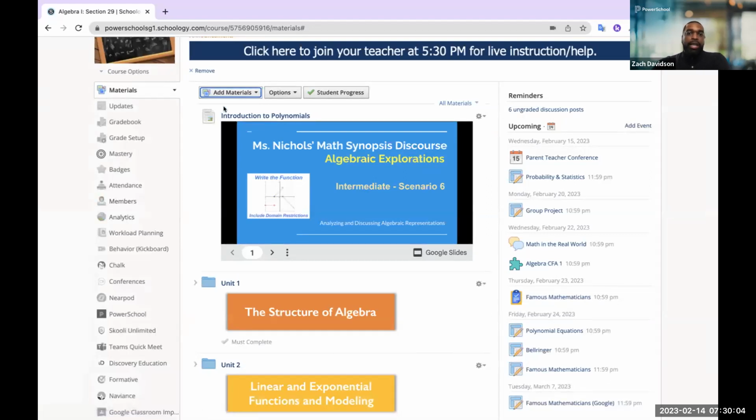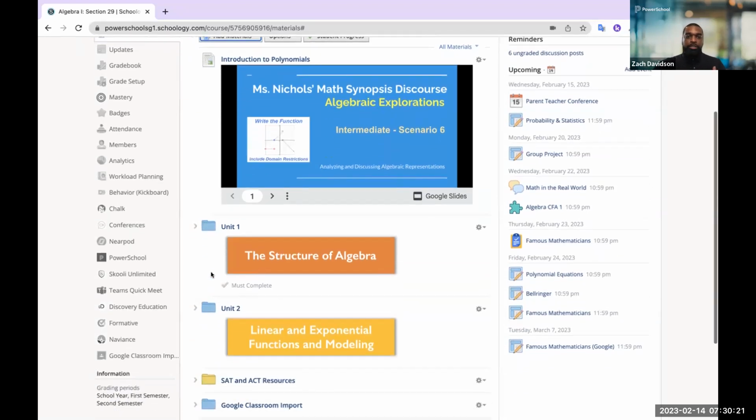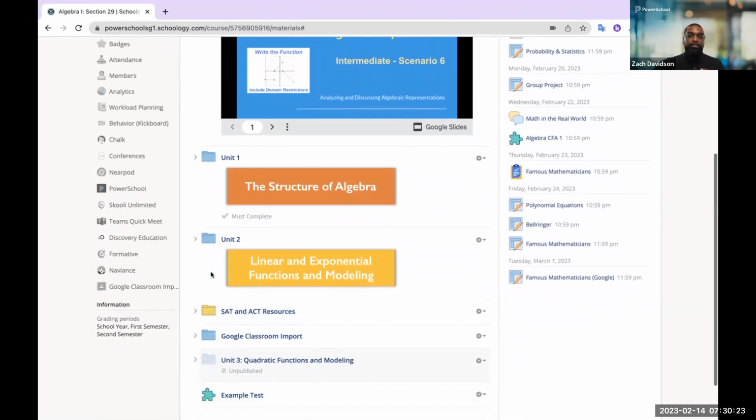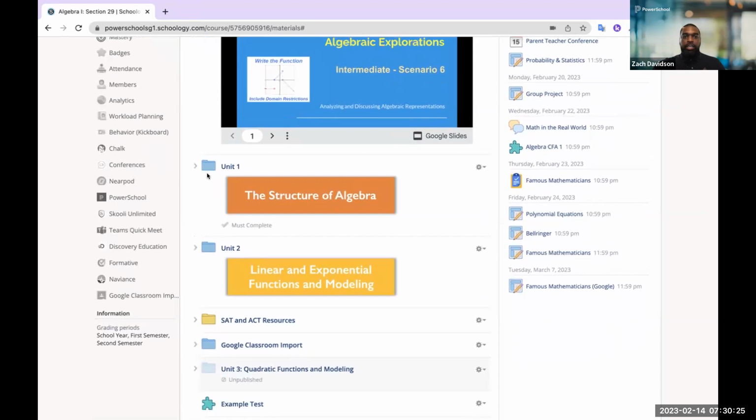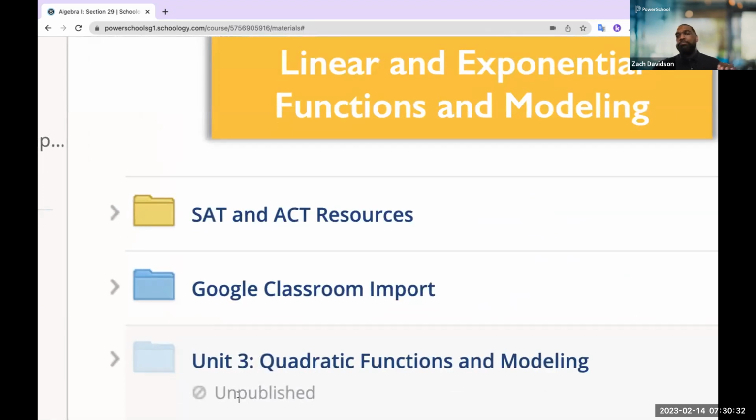So when it comes to the assignment capability, the assessments, the discussions, all of these things can be incorporated here within the platform to engage your learners where they are. But we also want to highlight very easy ways for you to think about deploying the content to students as well. In this example, you'll notice that I have a couple of different folders here. One is the Unit 1 and Unit 2 folder. You see this Unit 3 folder as well, but you'll also note here that it's actually unpublished to